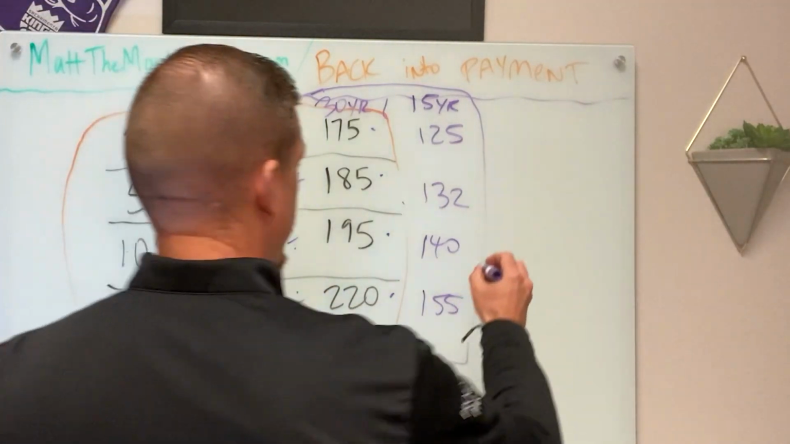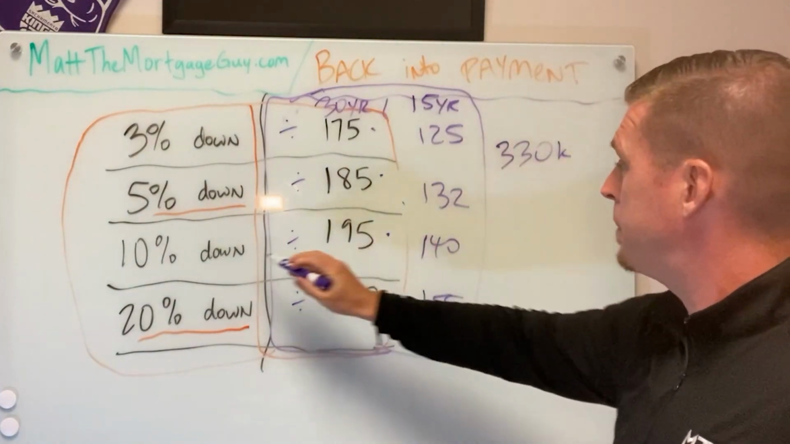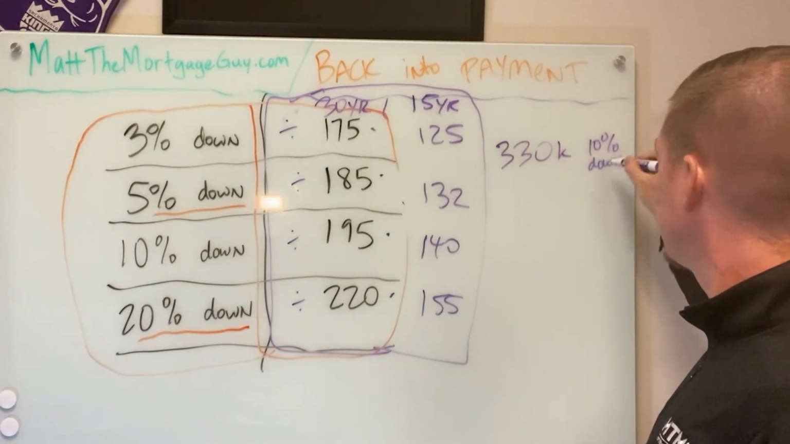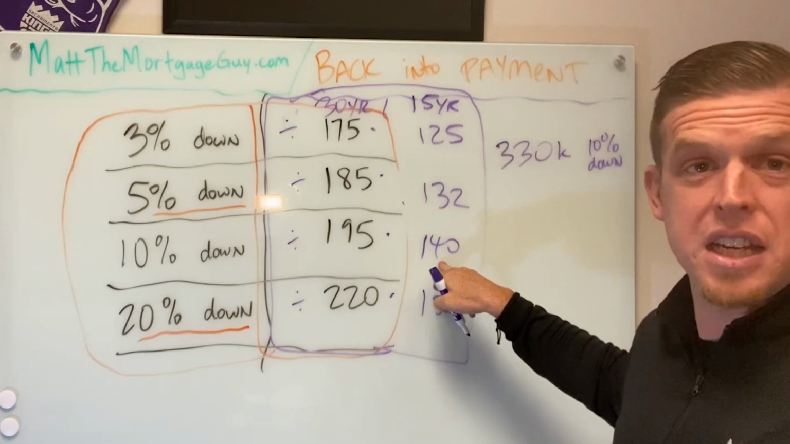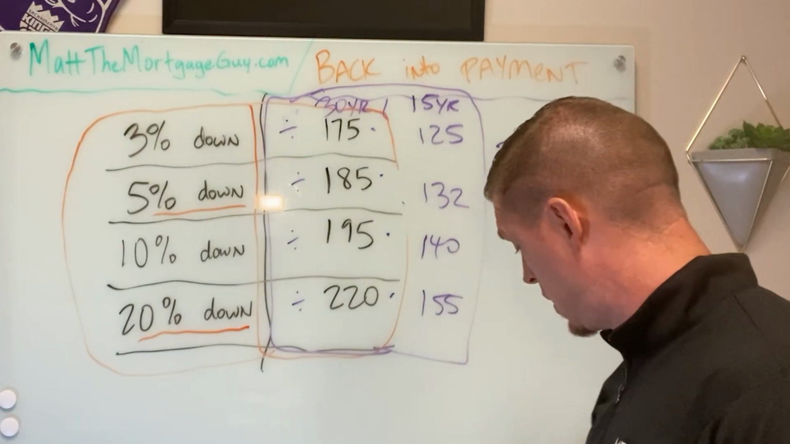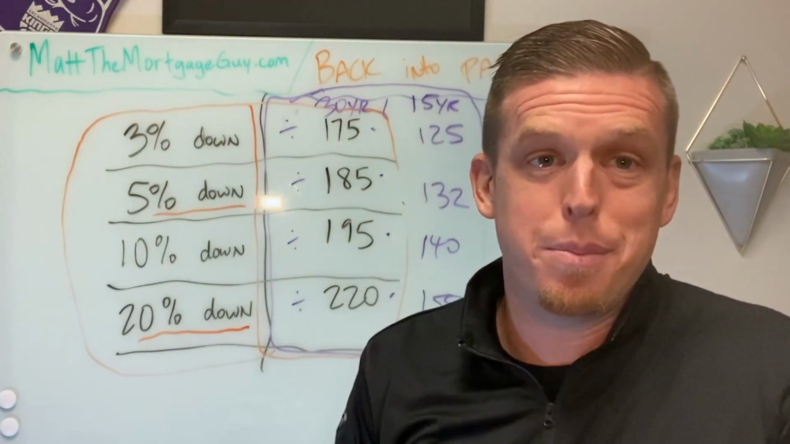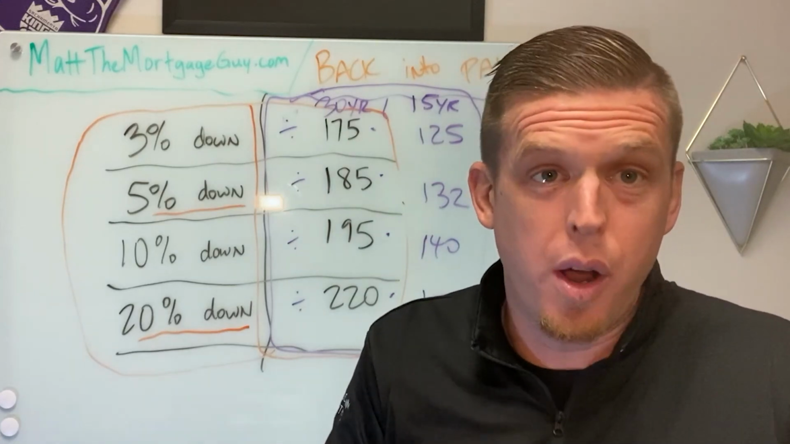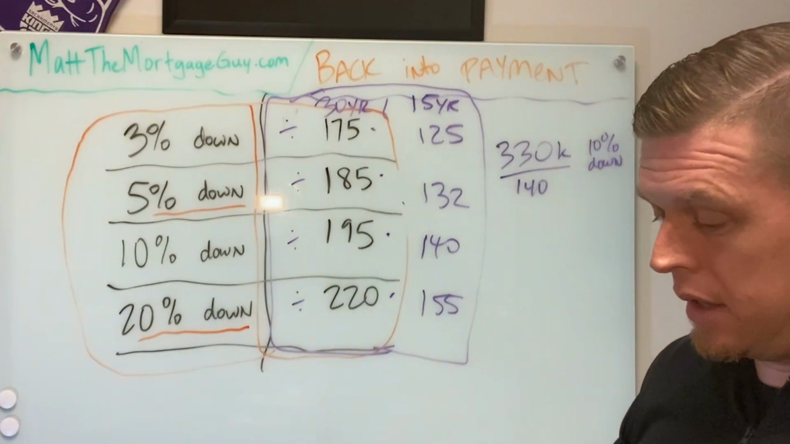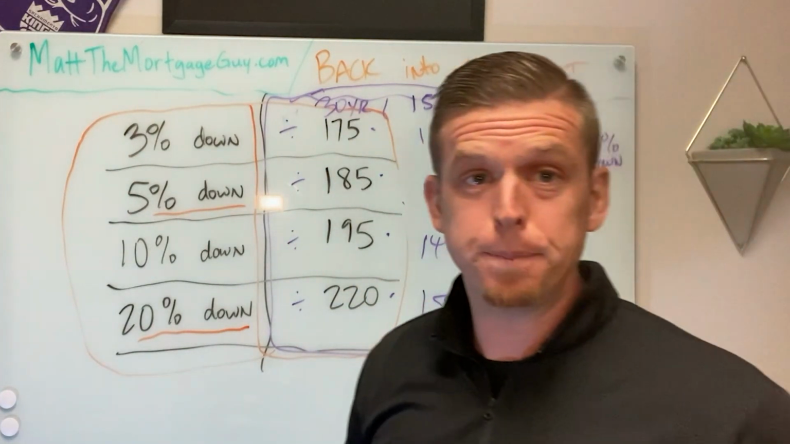Let's say you're buying something for $330,000 and you know that you're going to put 10% down. For the 15-year, you're going to divide by 140. So same thing on this. I did example after example, and I'm like, wow, within $9, within $11, within $4, within $5. It's close. 330,000 divided by 140. If you want to do a 15-year,